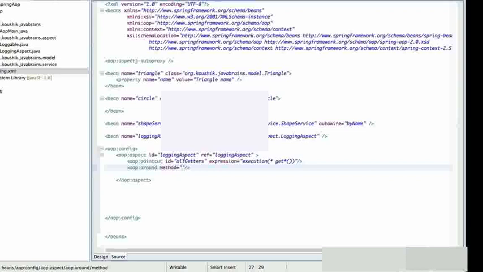So if you have multiple methods and you need different methods to be configured with different advice types, you would use the corresponding XML configuration over here. Here it's AOP :around. You could use AOP :before, after throwing, after returning, all those things. Okay, so now again